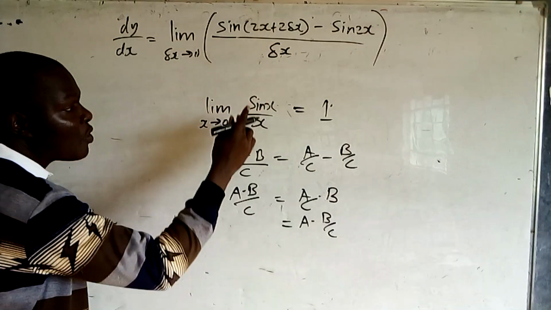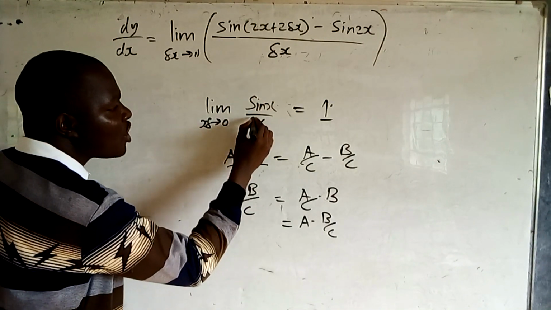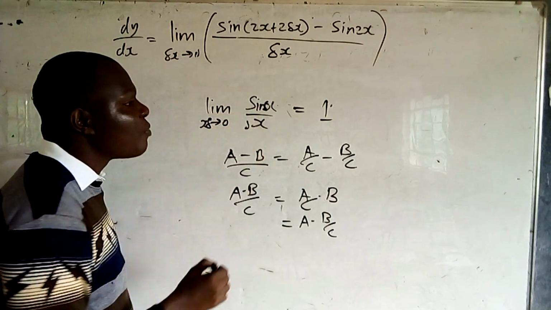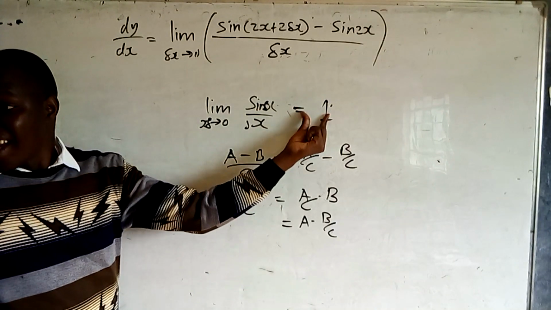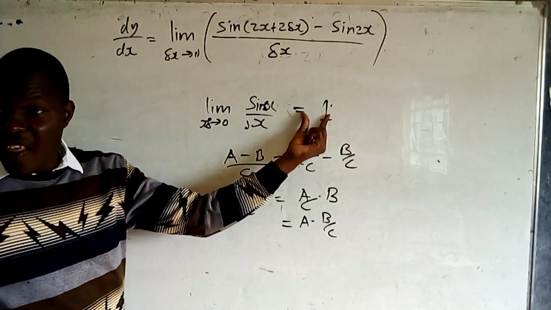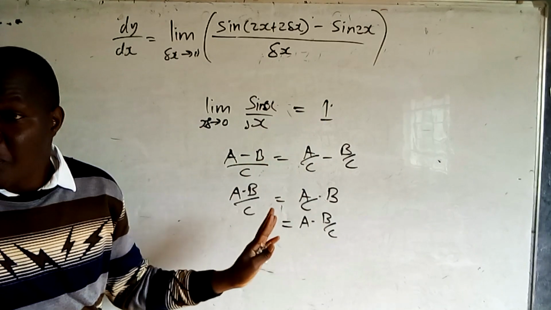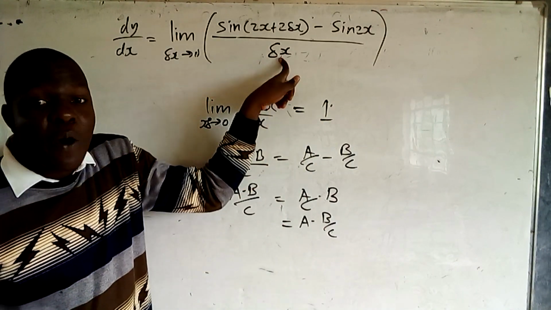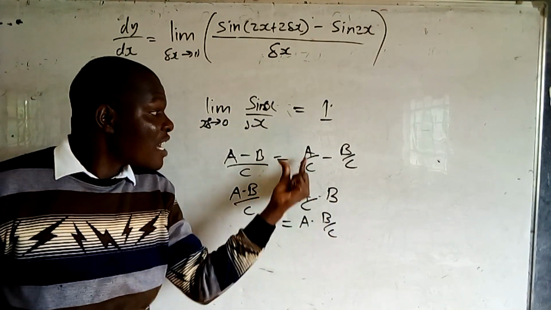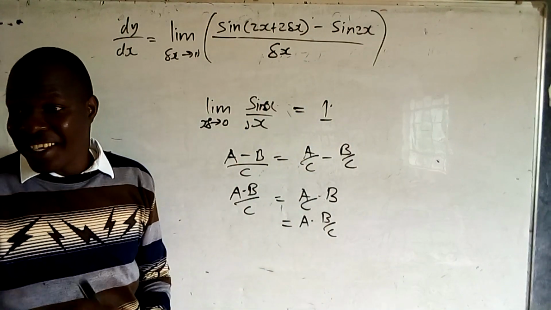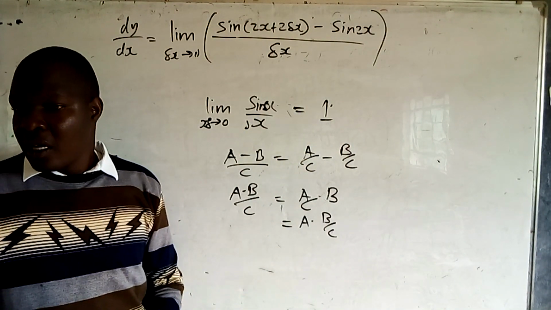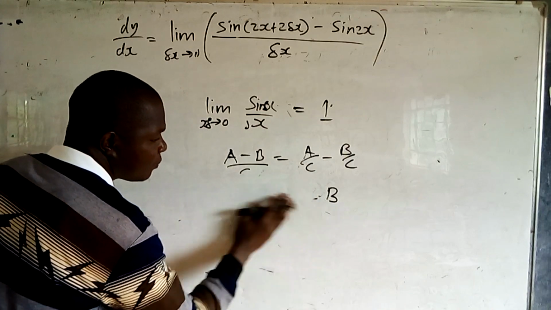So once we are able to transform, if change in x tends to 0, meaning this one is changing x, you will get such a case, isn't it? Are we together? If you transform it to multiplication, this change in x in the denominator will be over either one of them, but not both of them, like in this case, isn't it? Is that okay? So we now go back to